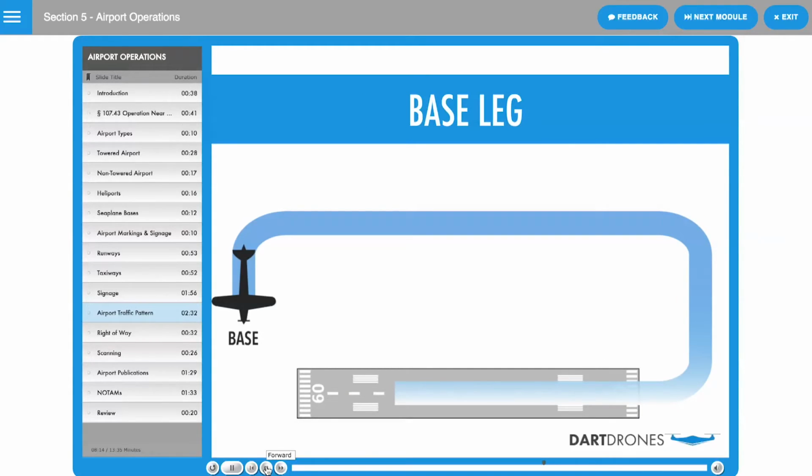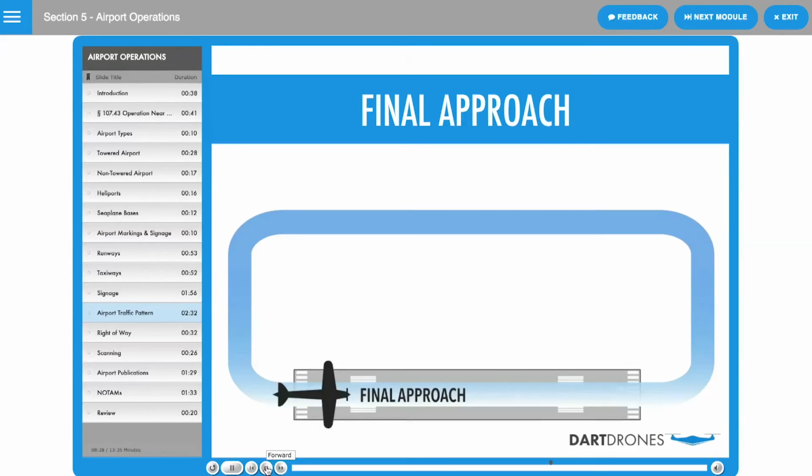Just past the approach end of the runway, the pilot makes another 90-degree turn to put the aircraft on the base leg. This is the final leg before the aircraft turns into the runway for landing. The last 90-degree turn is from the base leg onto the final approach, inbound for landing at the airfield. As we discussed in earlier slides, the pilot will know what approach course to fly based on the runway numbers.